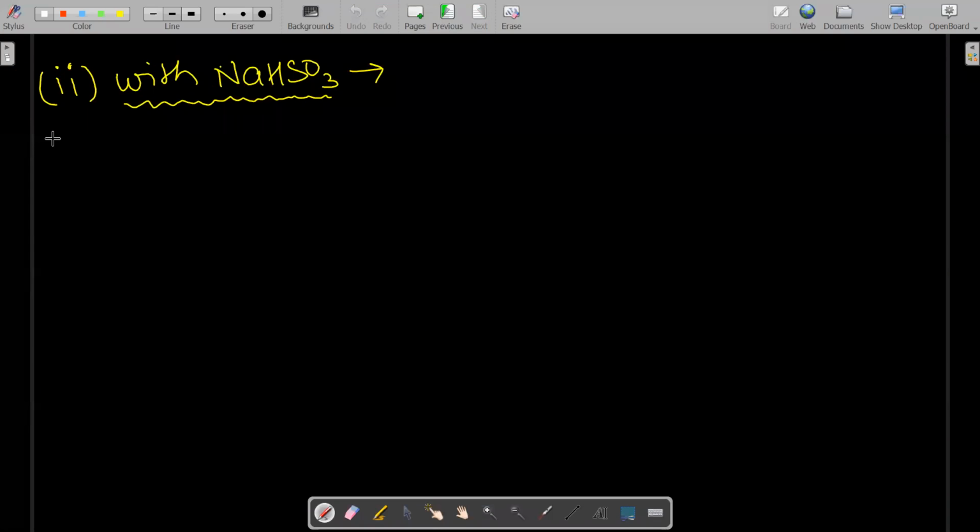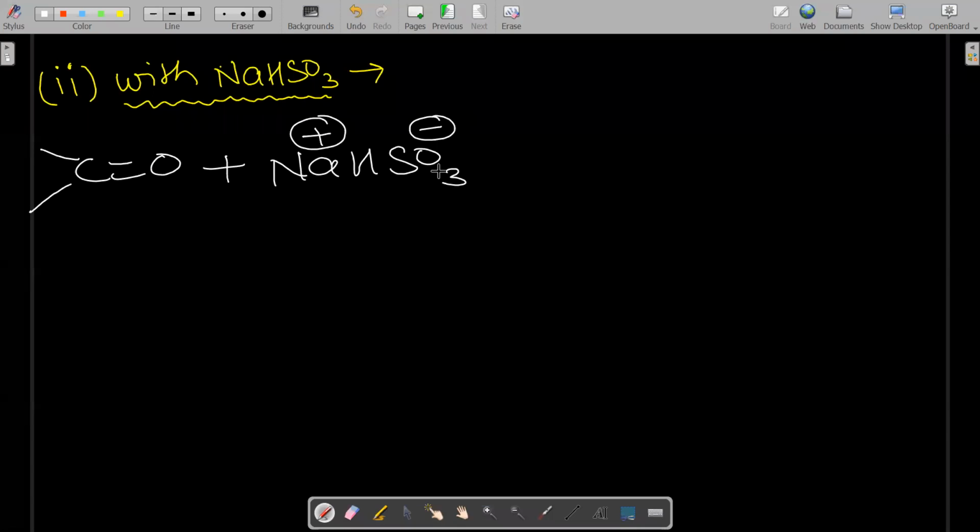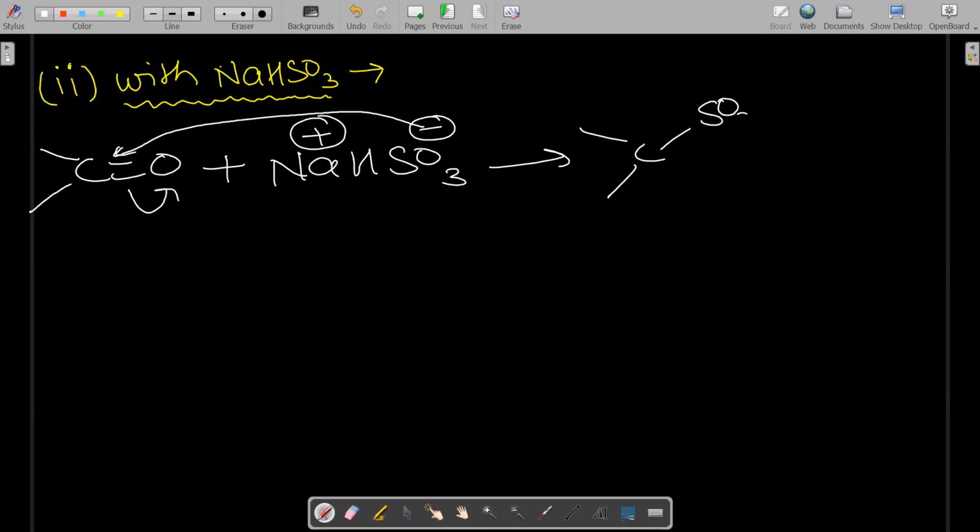Okay. So now you can see with sodium bisulfite. Now we start from here. So what happens when a carbonyl compound reacts with sodium bisulfite? Sodium carries a positive charge and this is the negative part. So this is the nucleophile. Always when you show the mechanism, the nucleophile always attacks the carbon and the pi bond shifts to oxygen, and the first step is always the slow step. So on carbon what will be attached? SO3H and O minus, and at this O minus what will be attached? Na plus. So you get this addition product.